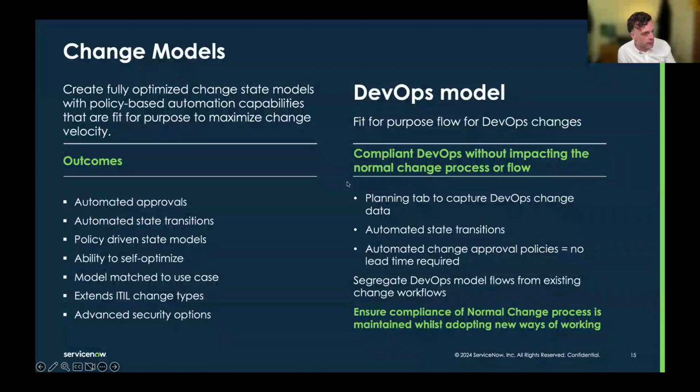So, okay, we've got the survey results back. So we use models for ITIL change types, normal, standard, emergency, 61% of people, which is great because you've kind of done the first steps, right? And hopefully from there, you're starting to look at things like using flow instead of workflow, or maybe even using state-specific flows. Now, we have got a set of recordings that we're going to put out in the next couple of months around change adoption journey and steps that we would take to do this.